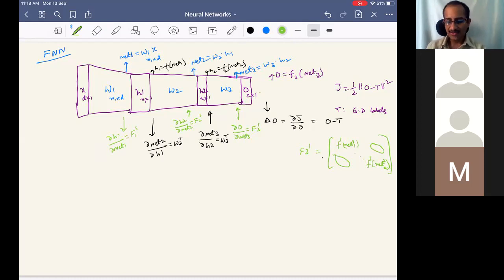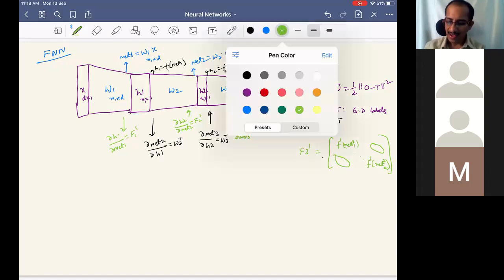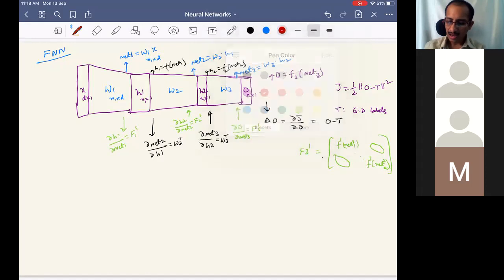Now assume that I have even a 10 layer network. My question is, if I give you all these local gradients, starting from the last layer to the first layer, I may want to write some things. Specifically, for example, delta W2. How should I update W2, dou W2? What should I do?